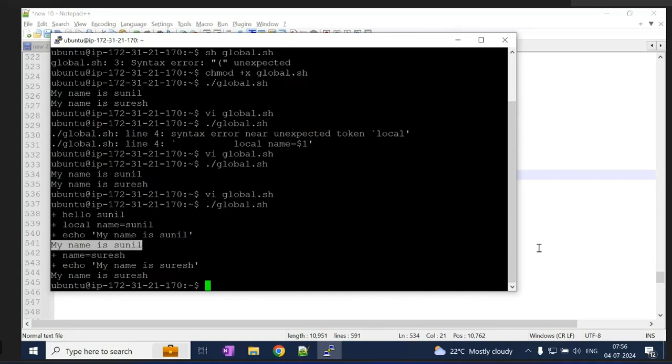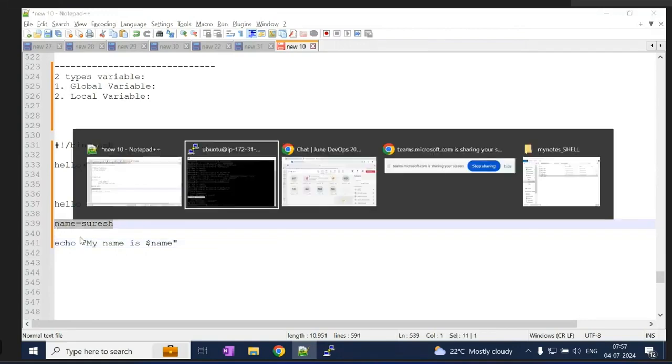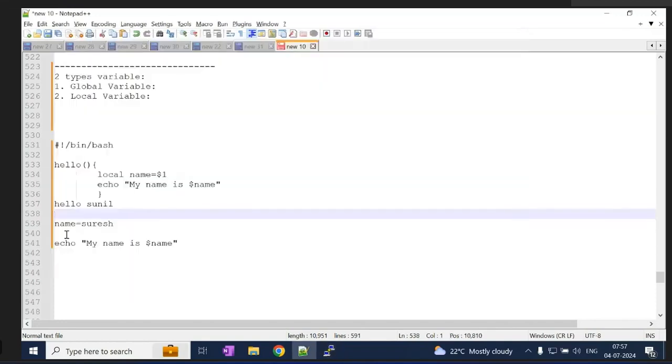Then, if you see here, next we declared this global variable, right? So then it is considered as a global variable, right? Then echo your name is Suresh, right? And it is printing that value. Suppose